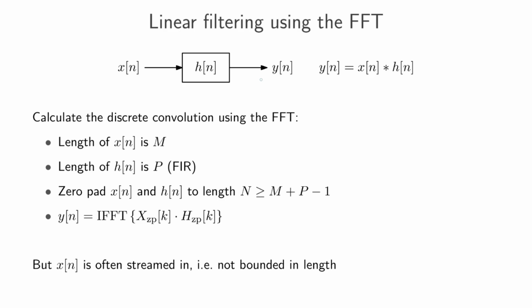This is just a recap of what we've seen already. So the important thing for a linear time invariant system, an LTI system, is that you can get the output of the system by convolving the input with the impulse response. That holds for any LTI system. Now, specifically, if we have a finite impulse response system, what that means is that the impulse response here is zeros and then it turns on and then at some point it turns off again. So it's limited in time. It's not something like a decaying exponential that goes on forever.